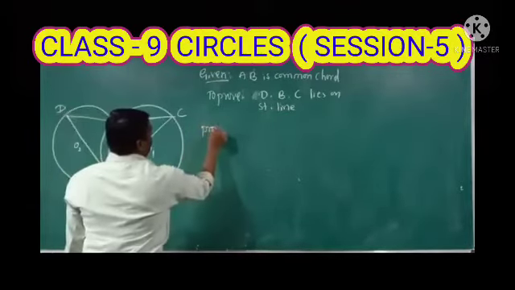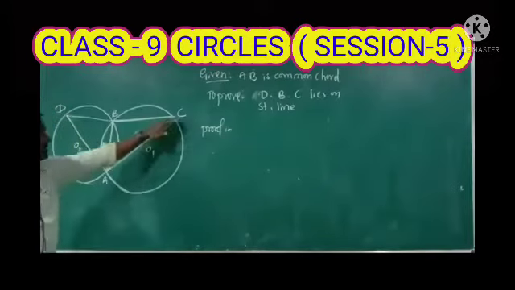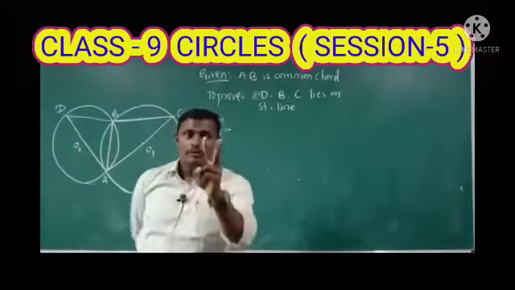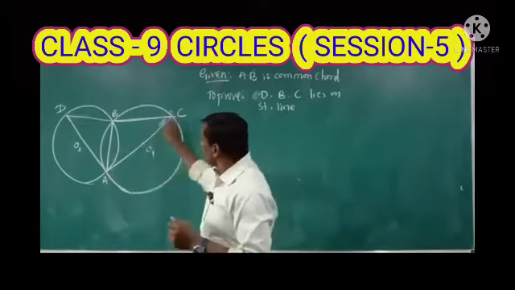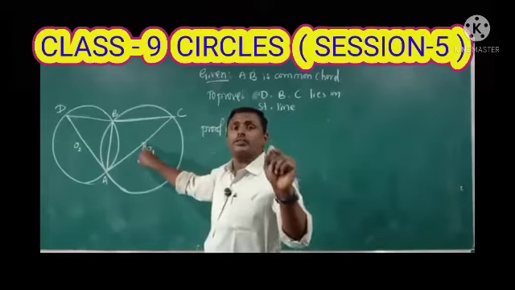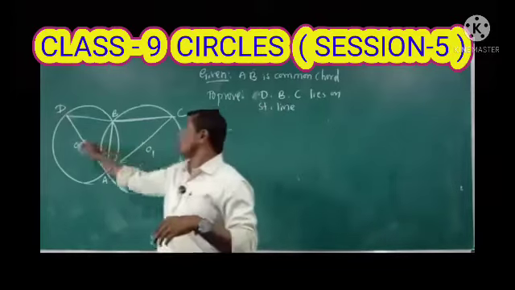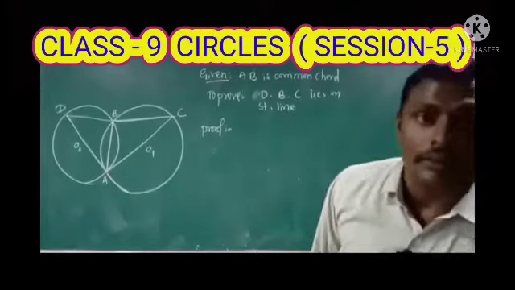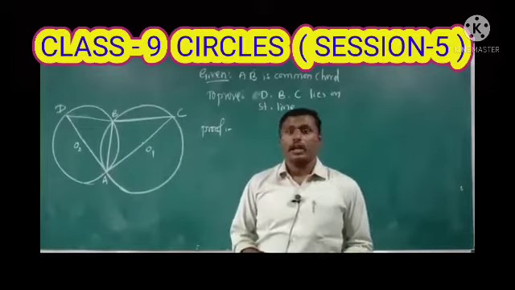Okay, proof. Observe here. AD and AC are the two diameters. Why are they diameters? Because these two line segments pass through the center of the circle. For example, here AC is passing through the first center of the circle, whereas AD is the second diameter which passes through the center of the circle, that is O2. Whenever a line passes through the center of a circle, we consider it a diameter.